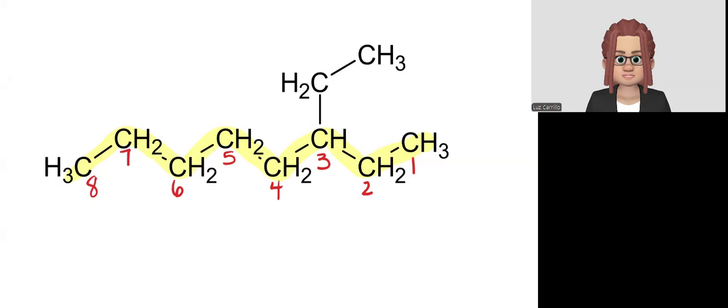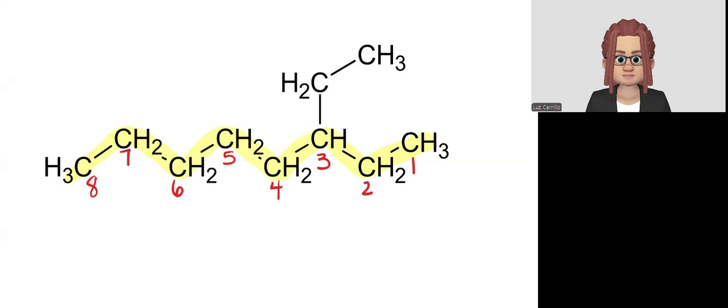And I have to go right to left in the numbering because my substituent is closer to the right side of the molecule. Now, since I highlighted the longest parent chain and I know that there's 8 carbons,